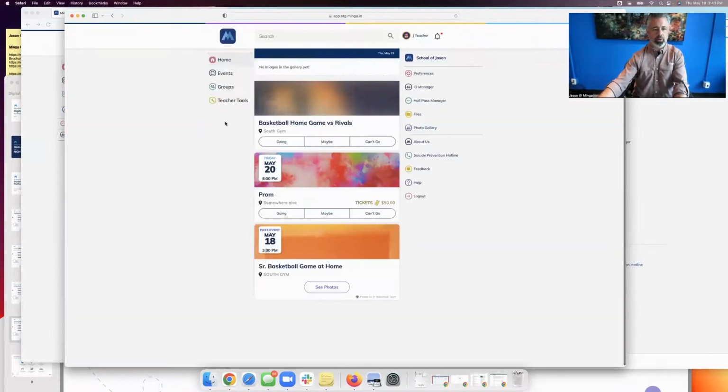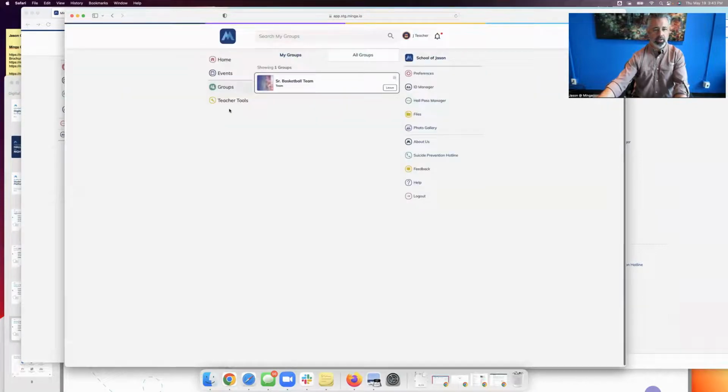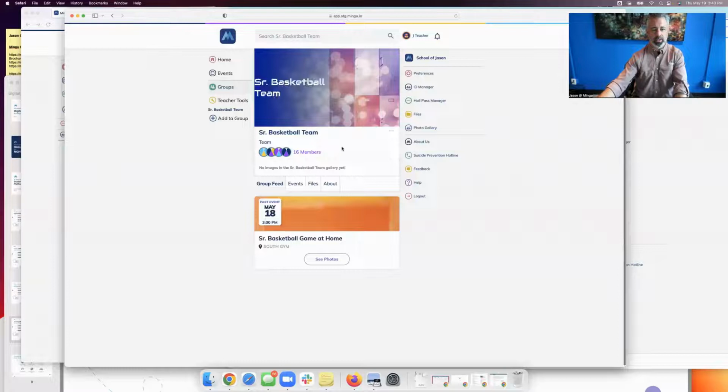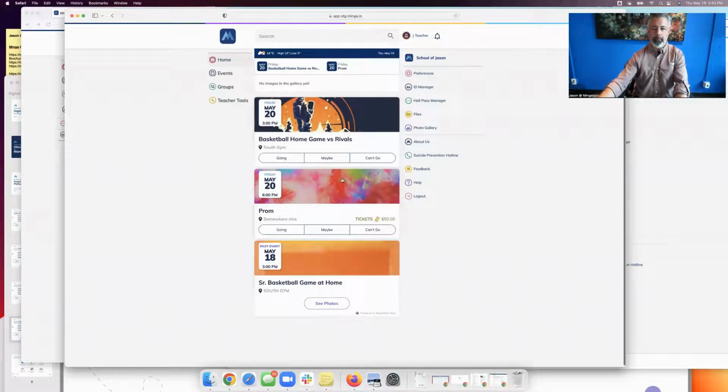And I guess first I'll show that as a group here, I'm managing and organizing my basketball team right here on Minga as well. So all the information for my basketball team is right here. They know about the event. We've already talked about it. Their parents know about it. All that stuff's good. But I need now to get my 20 basketball players out of class at 2 o'clock